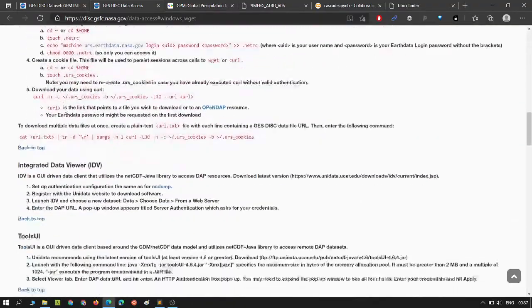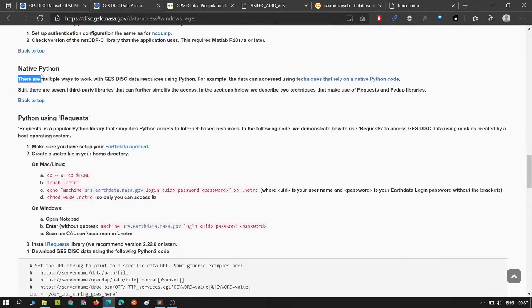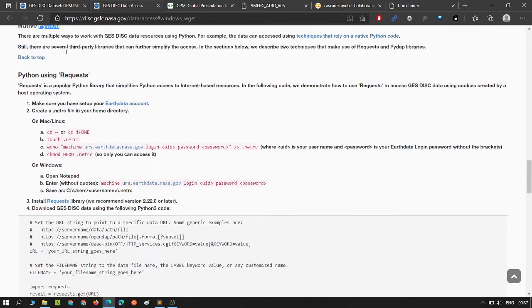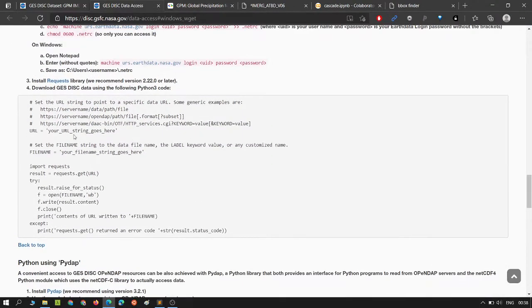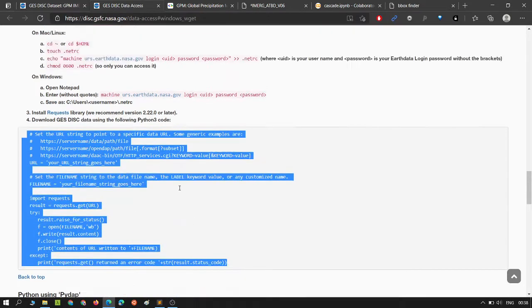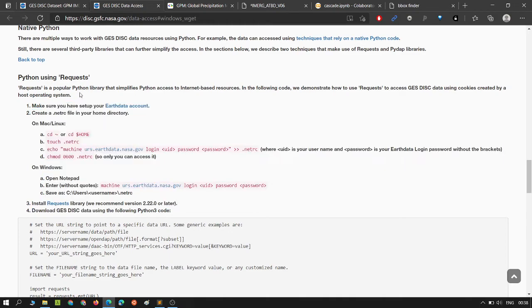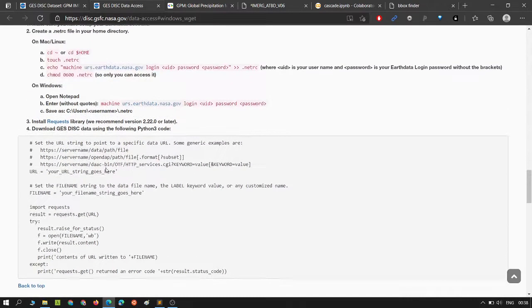So we'll go down. There are a few options using Python. I prefer Python, so I have made a script using Python. They already give you a small script to work with, and tell you to follow these guidelines. I'll run you through these guidelines, what needs to be done before the script can be run.